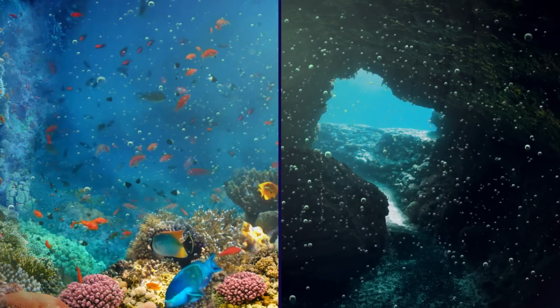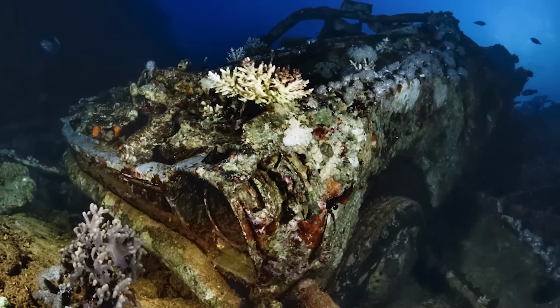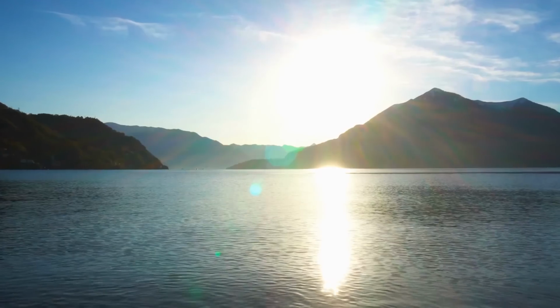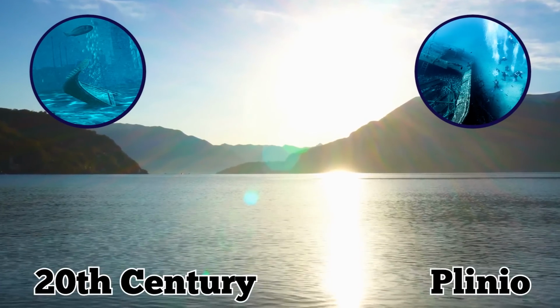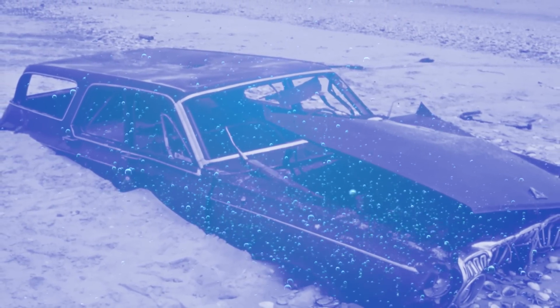Not only is it home to freshwater marine life, secret underwater tunnels and caves, but you can find all sorts of sunken vehicles from historical moments. It has everything from wooden gondolas to a big steamer named the Plinio, which was built at the start of the 20th century. Lake Como even serves as an automotive museum, since you can find many rare and classic cars